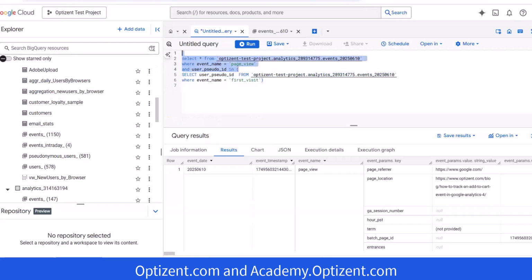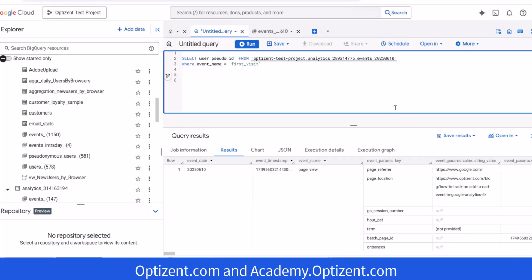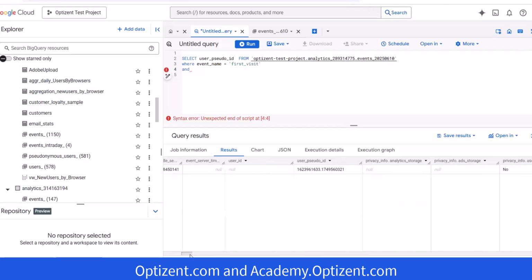So when you're trying to limit the data, you will use, and I'm going to go back here, you will use where, and then you can use the AND clause to aggregate the conditions. And for those conditions, you can put in a separate column. So let's say I want to look at first visit, but only from, I'm going to scroll here so you guys can see it, and only from,